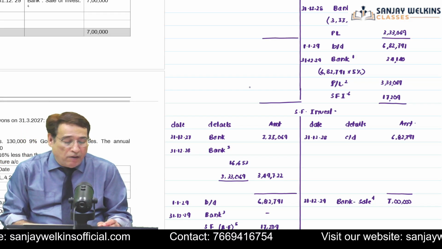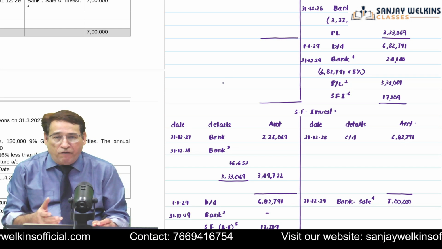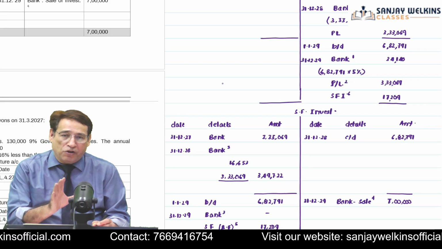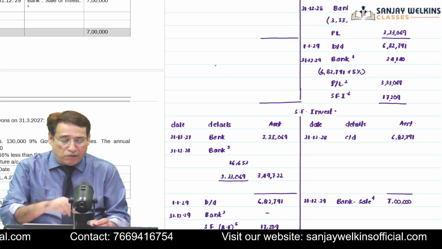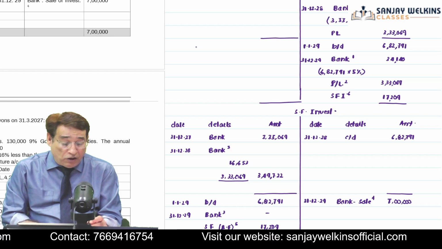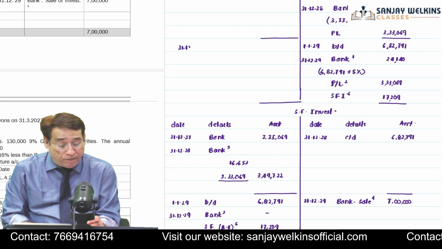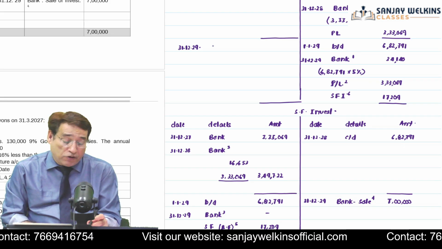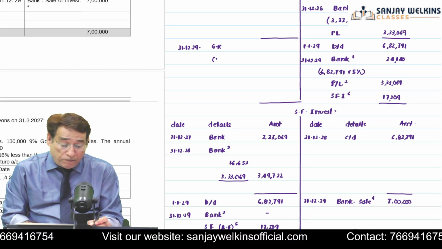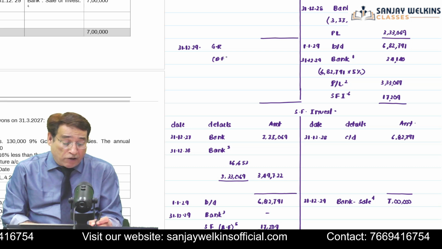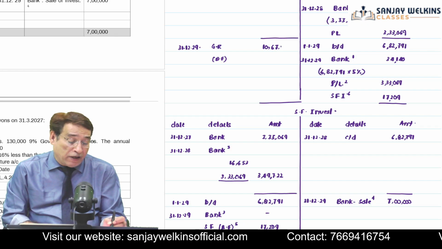But after the payment has been made to the debenture holder, whatever balance is there in the sinking fund, correct, because there are no debentures, so there is no point in keeping any balance in the sinking fund. So we are going to transfer it to general reserve. So your next point is on 31st of 12/2029. On 31st of 12/2029, I am going to write here to general reserve, balancing figure, and the amount will be equal to 10,67,209.